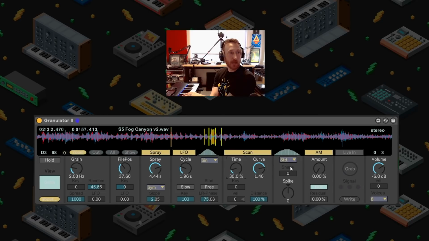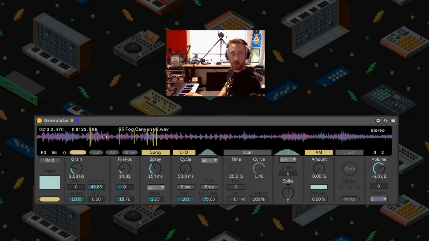This is the grain shape here, as far as I know. So here, how we just changed it to more of a ramp down, and we got a sharp sort of thing going on there. It's pretty cool. See that, we just shaped it even more. So scan's going to actually scan through the rest of the wave. We don't want it to do that. We're going to stay right here where we are.